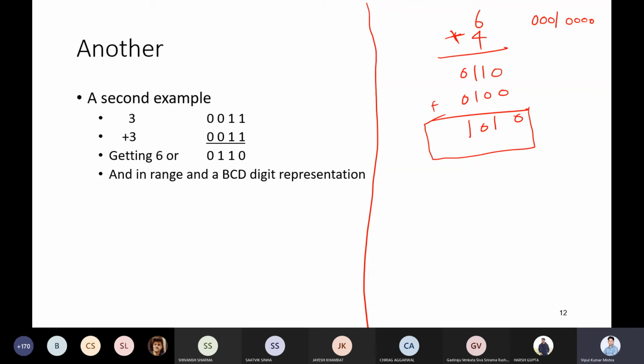So then how to solve it? In order to solve, we need to add +6. So means with this number, we have to add +6, which is 0110. Once we add +6, it will come 0, then 1 plus 1 is 0, then 1 plus 1 is 0, 1 plus 1 is 0, and 1. Because in order to complete 8 bits, we just append zeros. So now you will get 1 and 0.